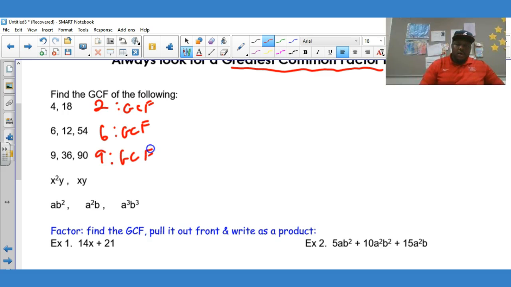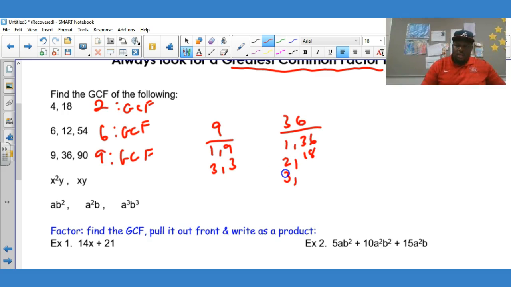And again, some of you guys may actually have to write this out. Take this: if you went with 9, what are the factors of 9? 1 and 9, 3 and 3. And then if you go 36, you got 1 and 36, 2 and 18, 3 and 12, 4 and 9. For 90, you have 1 and 90, 2 and 45, 3 and 30,